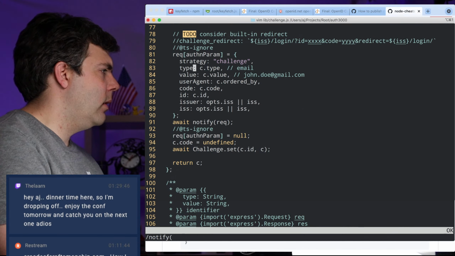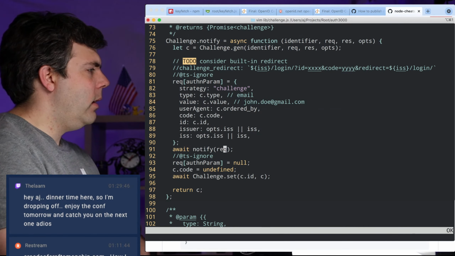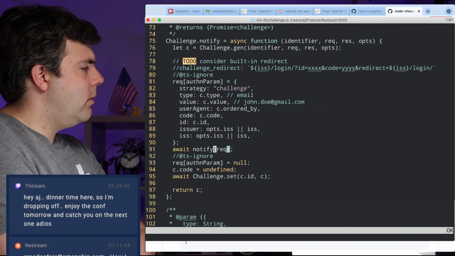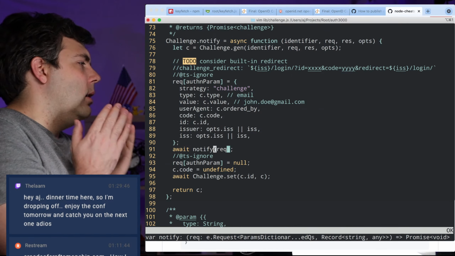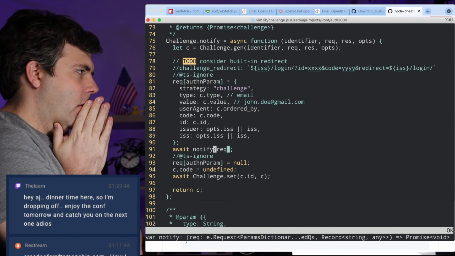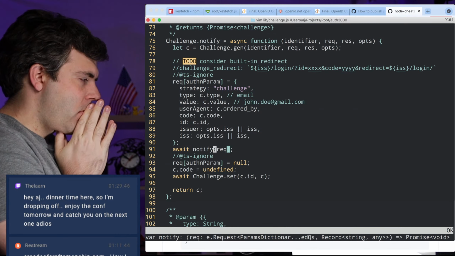Notify. So really, that whole auth in bit could just be passed in right there. And then this doesn't need the auth in param.